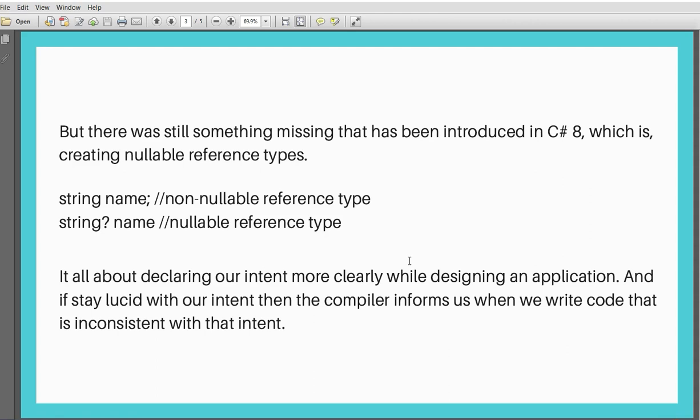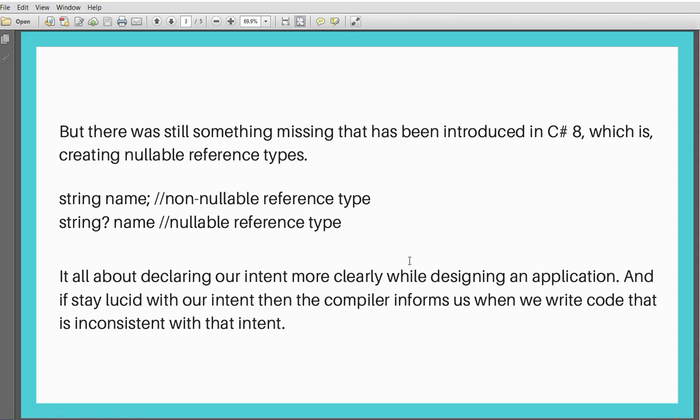Let's say we are sure while designing an application whether a reference type variable is going to have some kind of null value in it, then we should declare whether it is a nullable reference type or a non-nullable reference type. So this newly introduced feature is all about declaring our intent as a developer more clearly while designing an application.